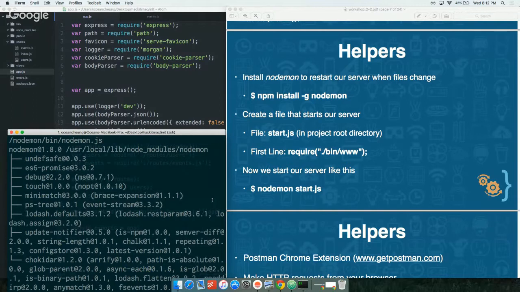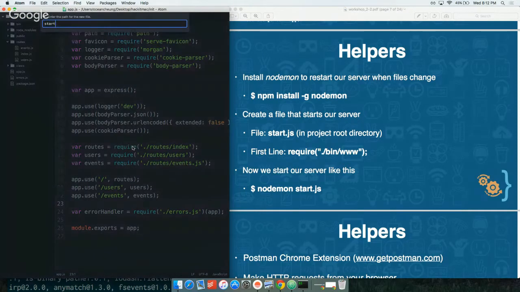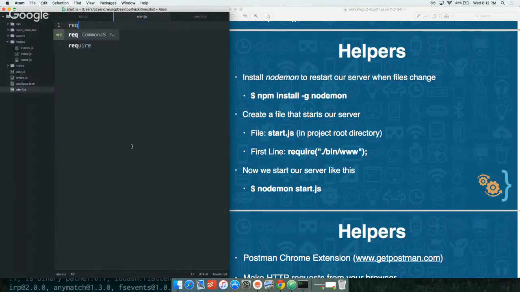Has everyone been able to install it with npm? So after you've installed it, what we're going to do is create a file that nodemon can call every time it wants to restart our server. So right beside app.js and errors.js, we're going to make another file called start.js. And in this start file, we're just going to require bin/www. And why we're doing this is when you type